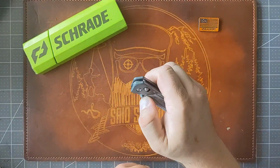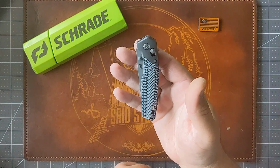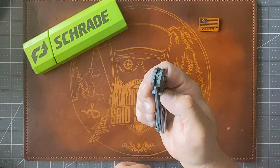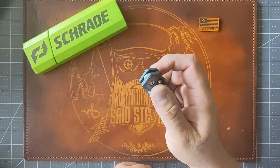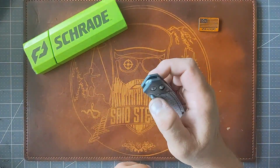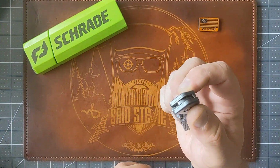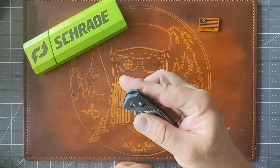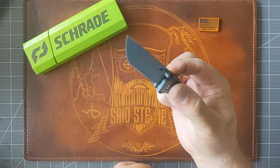But the thumb stud action on this is dialed in perfect. I think the detent on this is pretty dang good. Rockets out using your thumb. The drop is no problem. Once you disengage, it completely just falls shut. And then you can also get some middle finger flicking action on there. And yeah,